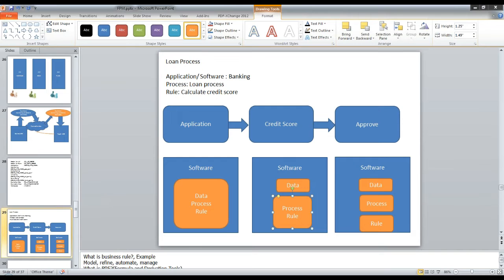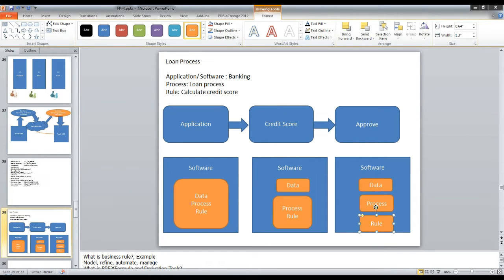You have removed all the rules from the coding, and you define these rules separately in another system called the BRMS, and your process will call the BRMS every time. If the rule changes tomorrow based on market conditions, you change that rule in the BRMS. Whenever a process accesses the rule, it accesses the latest active version of that rule.